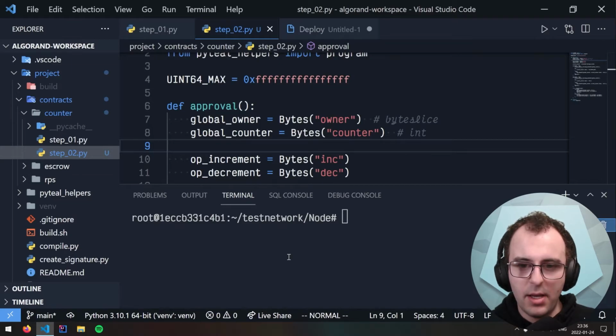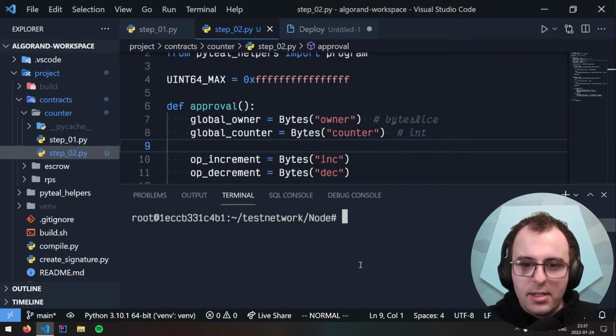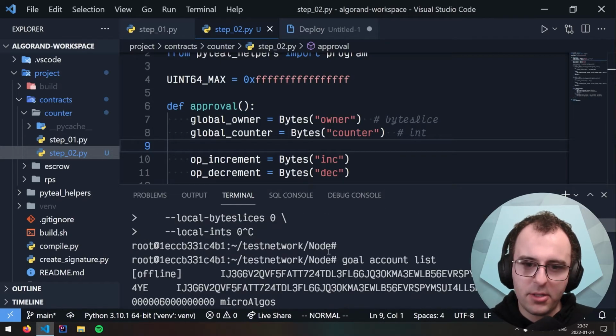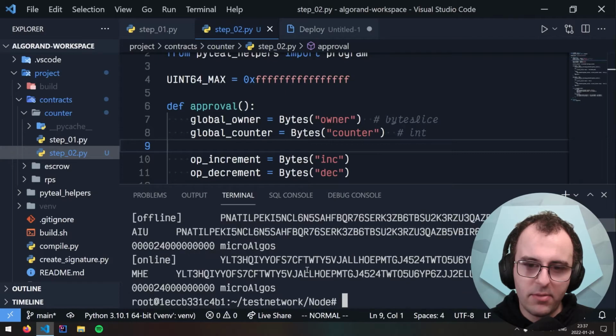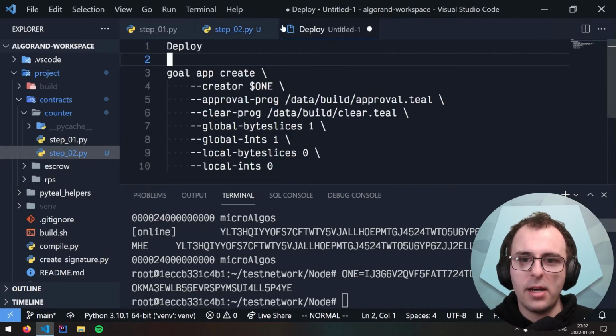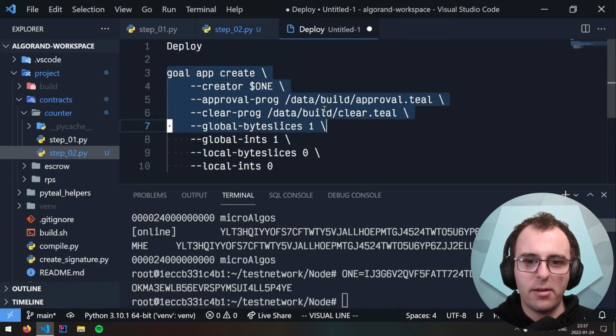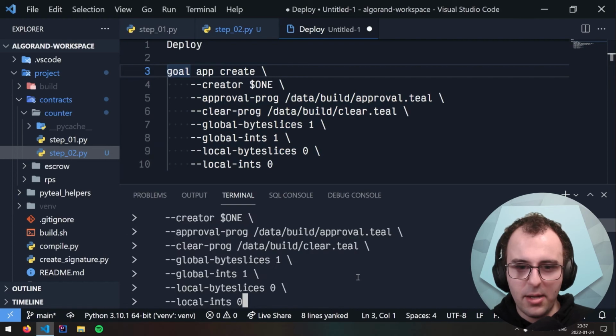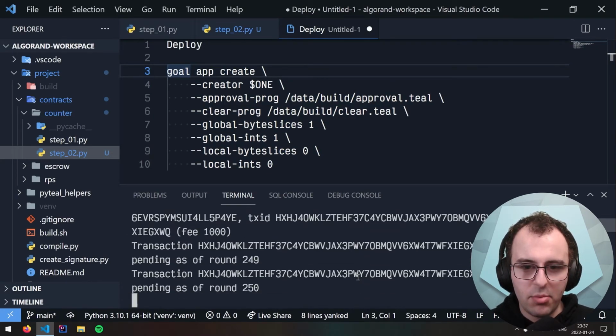Wonderful. And now let's deploy it. So let's see. I want to say goal account list. Make sure that I have my environment variable here set to 1 there, and then I have my deploy command right here so that I don't have to type it all out again. We'll just copy that, paste it in there, deploy our new version of this contract,